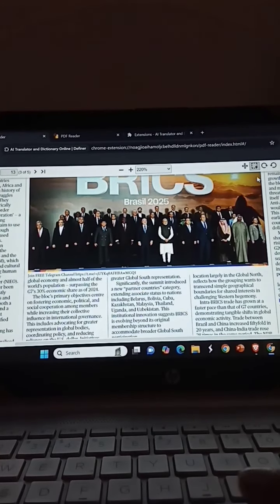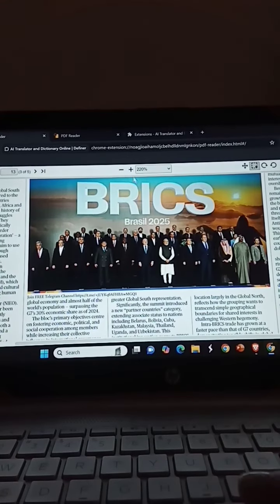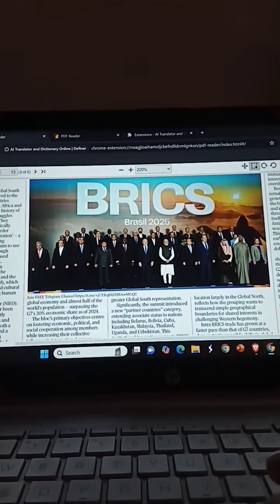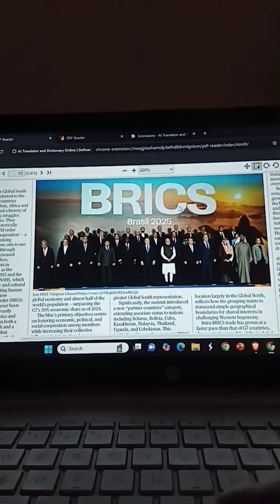And it zooms in and zooms out from here. The meanings can be highlighted. This feature is also here. Text can also be added here if we want to add some text, so that's a very optional thing. And so many features are here, those I was not expecting initially.